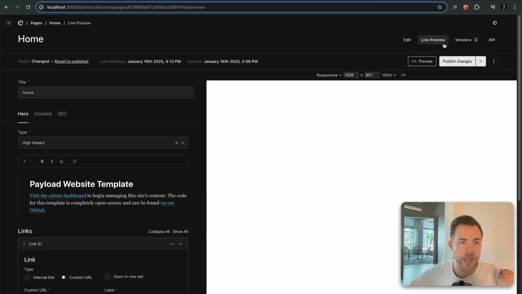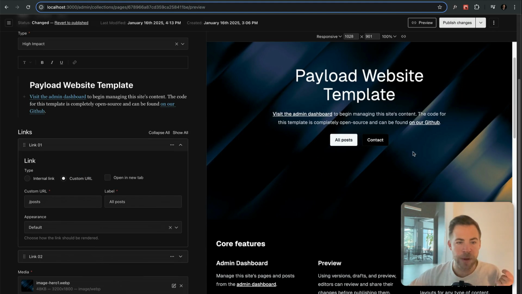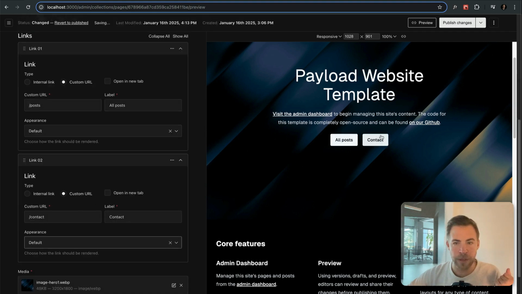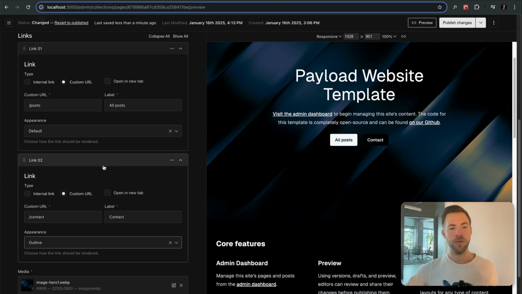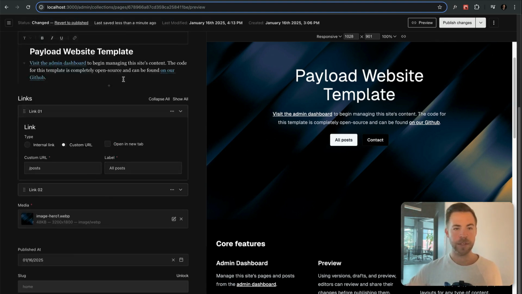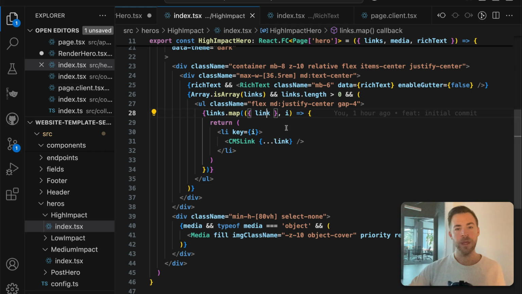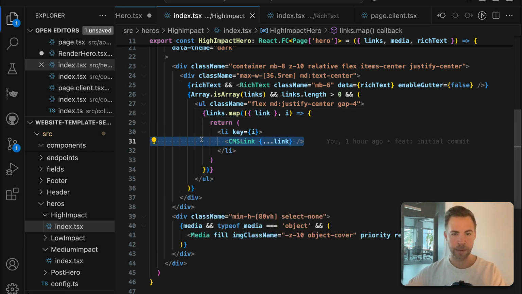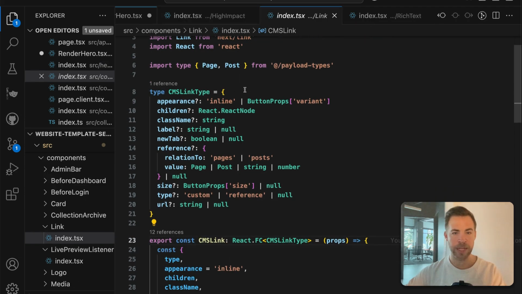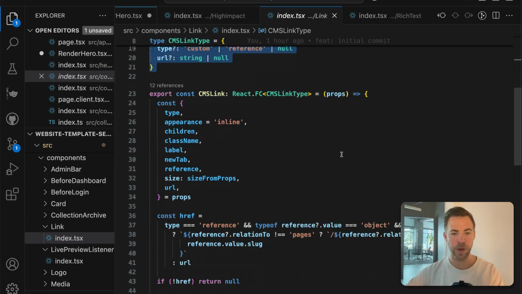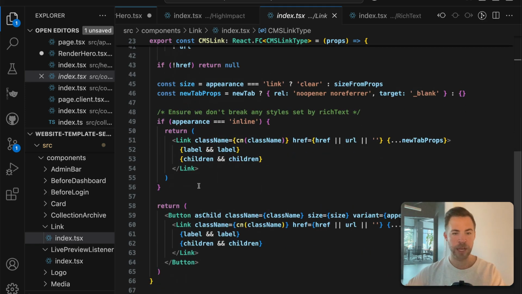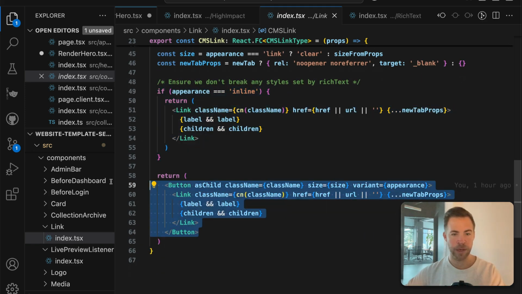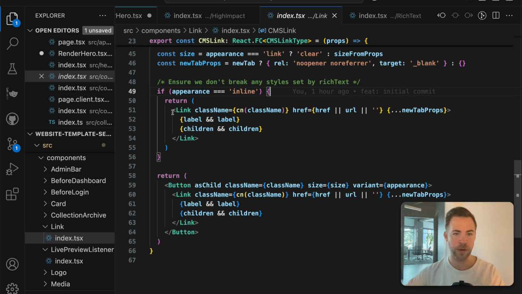Because if I wanted to render buttons or something, well, I've got to be able to specify what style of button, right? So I could do outline. Now they're both outline. I could do 2 white buttons if I want. I could flip that one to default as well. But you kind of need to choose what the rendering style is of these buttons. And so then we map over those links and we return CMS link. And CMS link is a simple component. It takes that link type here and it's going to render what type of component it needs to render. So if it's inline, it's going to render just a regular old link,